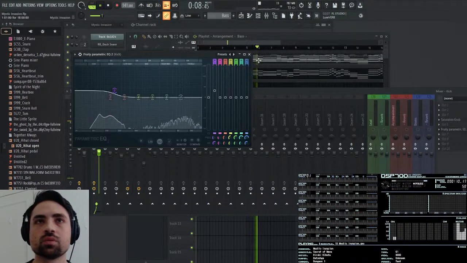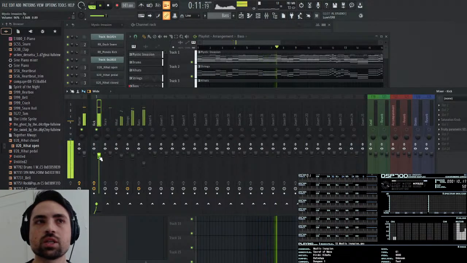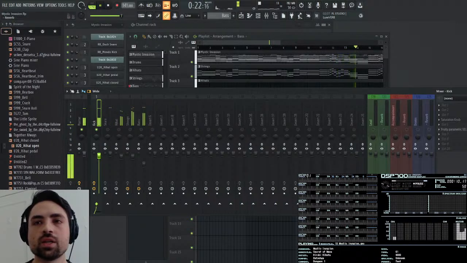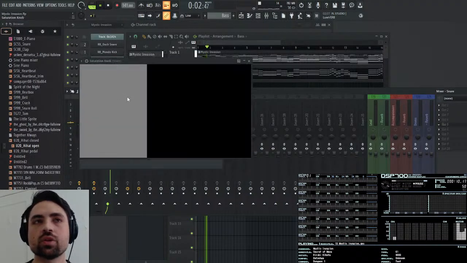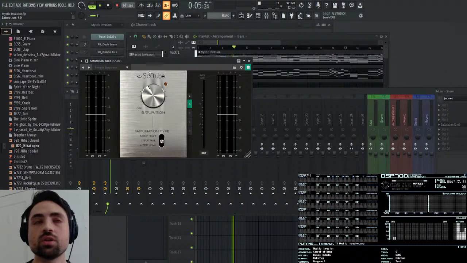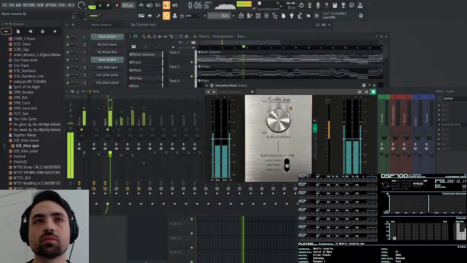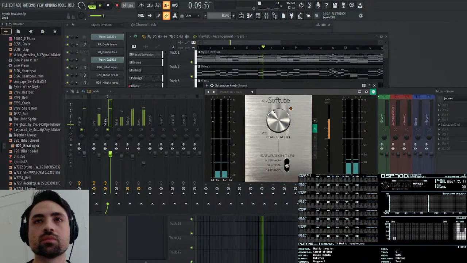Whoops. And that's going to raise the volume up, so I want to compensate for that. Nice. And I want to send that to drums, the drums bus. So now let me process the snare. I'm going to saturate it very harshly. Ooh, that's good. I like that a lot.